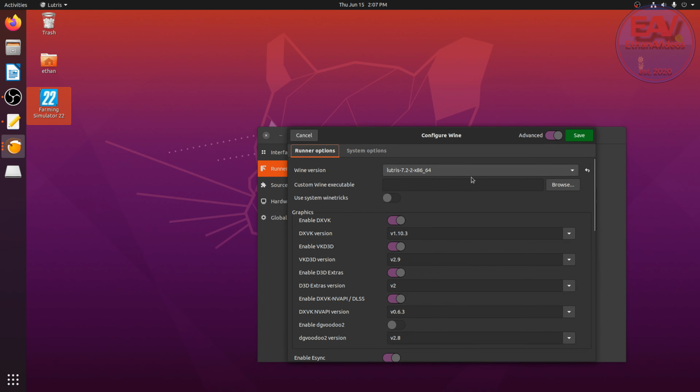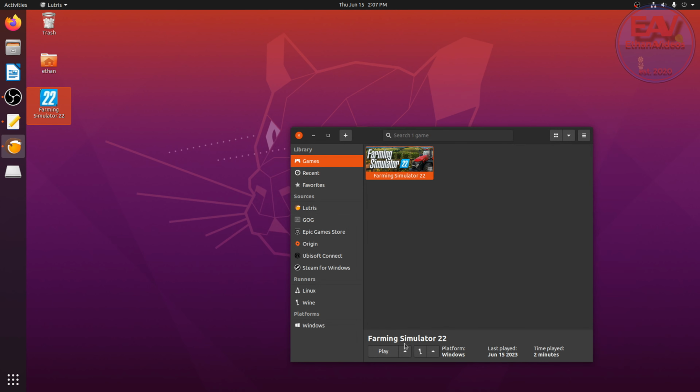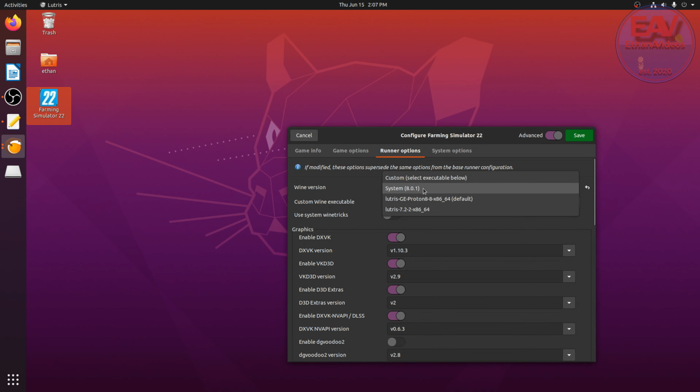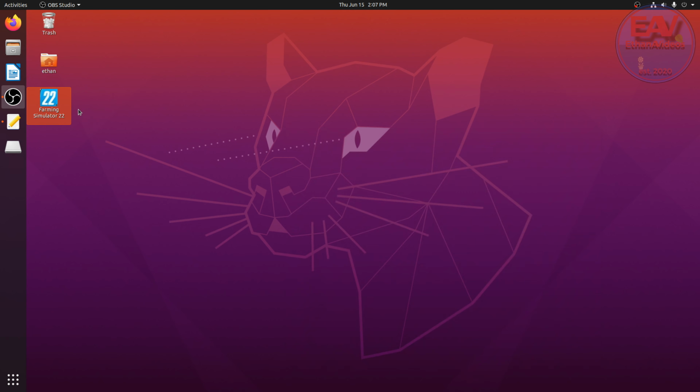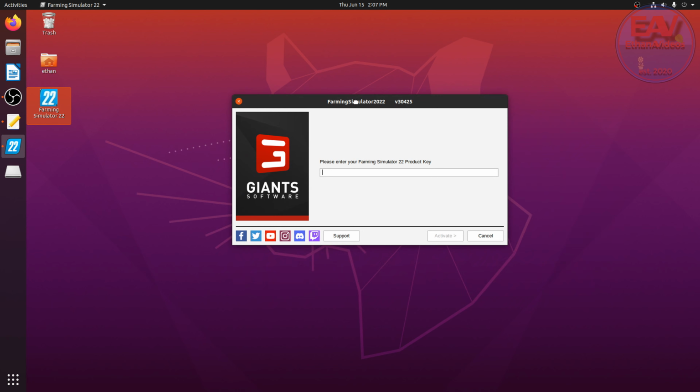And then you know, you can come in here and select whichever one, save it. So that is what it will run automatically whenever you install a game. And then come in here and go configure, runner options, and select whichever one you want. However, we now have it working. It's a miracle. So hopefully you guys don't have this issue, but if you do, hopefully I answered it for you. So you right click it once it's done installing, or you fixed your issue, and now you got your product key. So go get your product key and